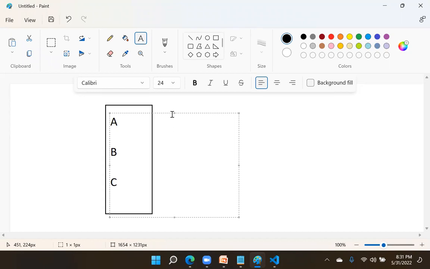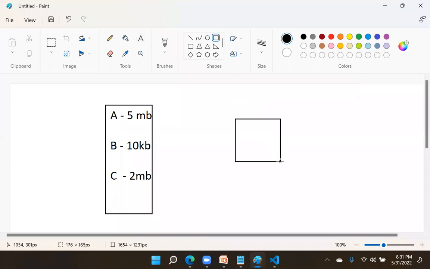Now A is 5 MB, B is 10 KB, and C is 2 MB. From the client side, we are making a request to read all three one by one.